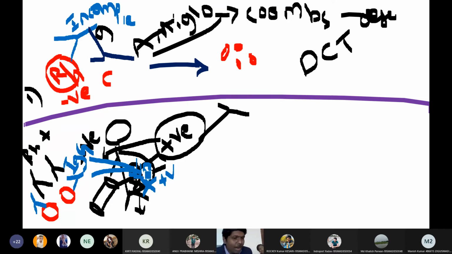Okay, now how can I protect this baby from the mother's immune attack? In order to protect my second baby, I will collect the mother's blood. If she has been sensitized with these antibodies, then if I add antibodies I will get a reaction. Believe it or not students, we can do a blood transfusion to a baby who is inside the mother's womb.